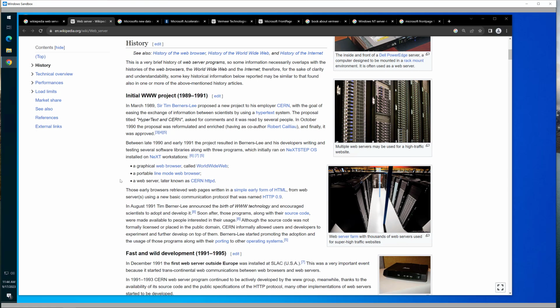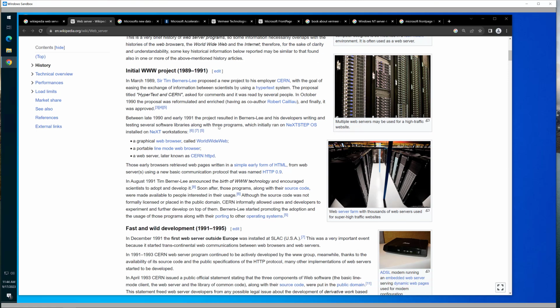1989 to 1991, Sir Tim Berners-Lee had proposed a new project to his employer CERN with the goal of easing the exchange of information between scientists by using a hypertext system. The proposal, titled Hypertext in CERN, asked for comments, and it was read by several people. In October 1990, the proposal was reformulated and enriched, and finally it was approved. So then it goes on to talk a little bit about the